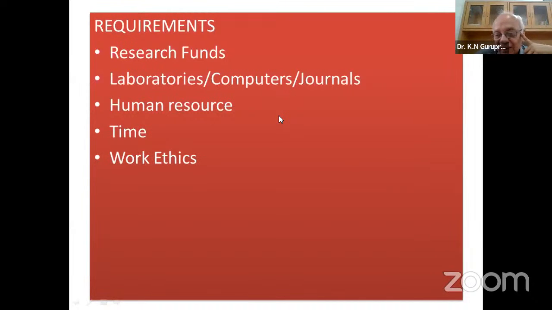Then we need some work ethics. If we want to develop more human resource for research, and allow undergraduate students also to work with their ideas in the laboratories, then there will be a lot of wear and tear. That means we need work ethics where we should freely allow the students to do the experiments, to try out their ideas. Some of them will fail, some of them may succeed, but some of them may fail. But we should develop this work ethics